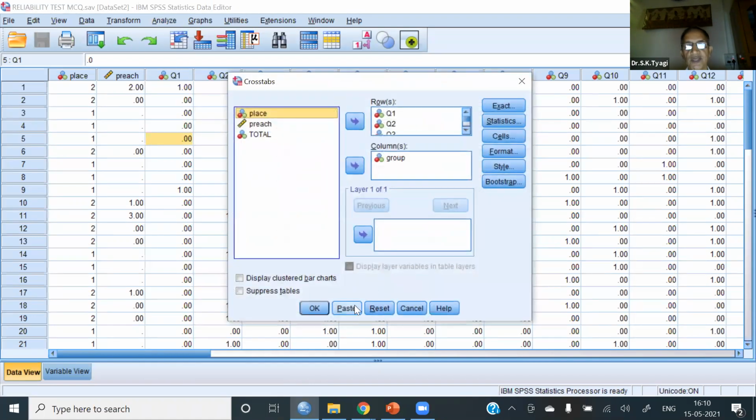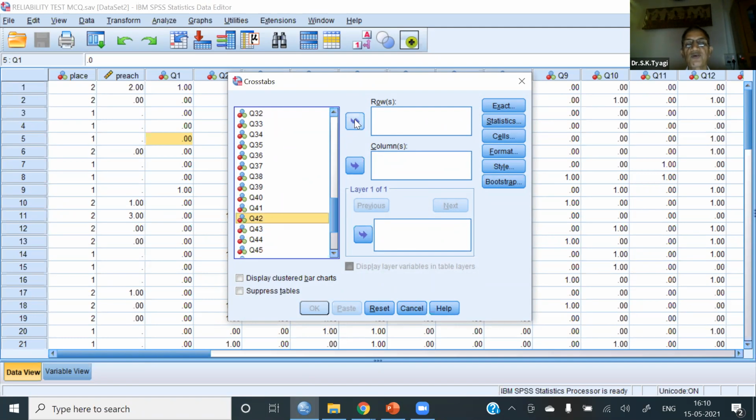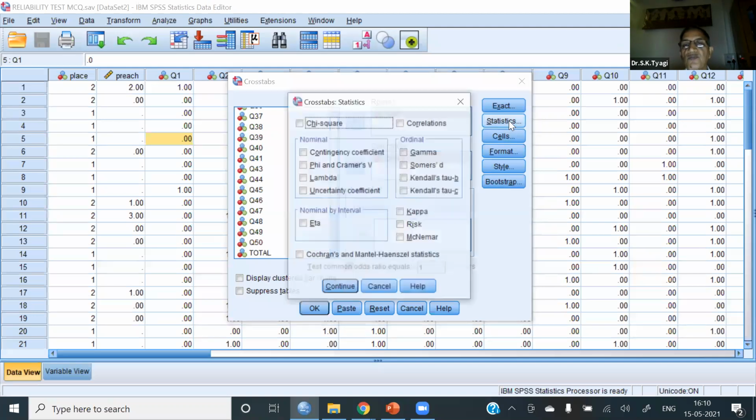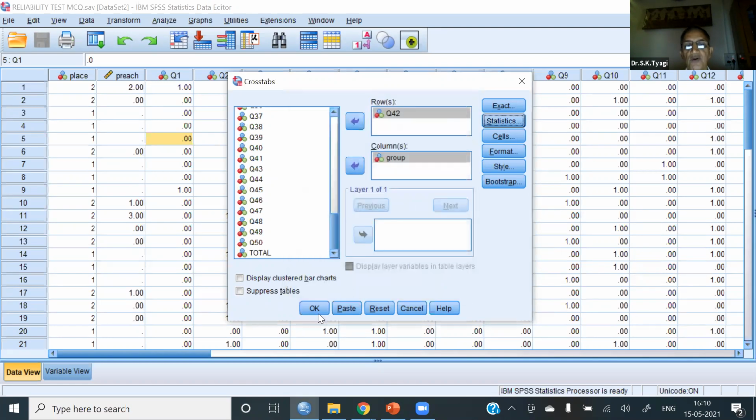We already saw cross tabulation. And now we want question 42. We want to see whether this question number 42 discriminates well or not. So we put question 42 in row and group in column. Then we will get the table which we already got also. Now you go to statistics and check chi-square test. Continue and okay.